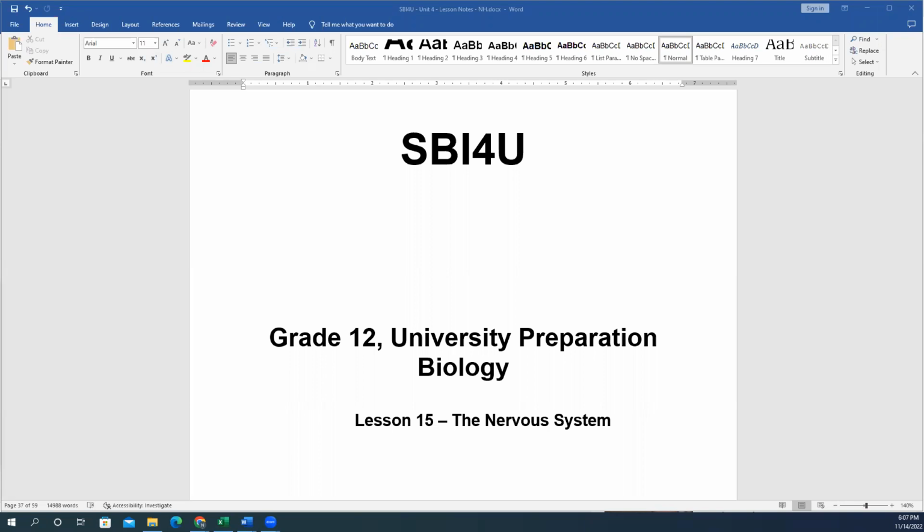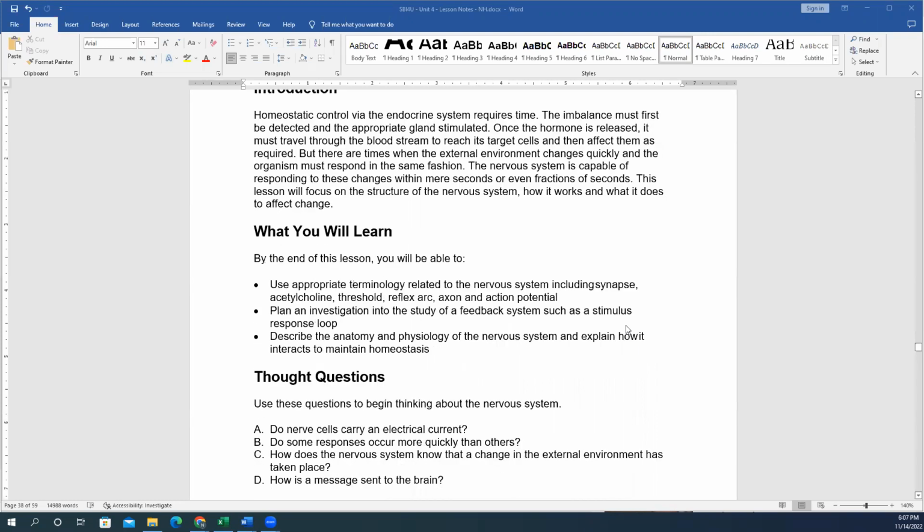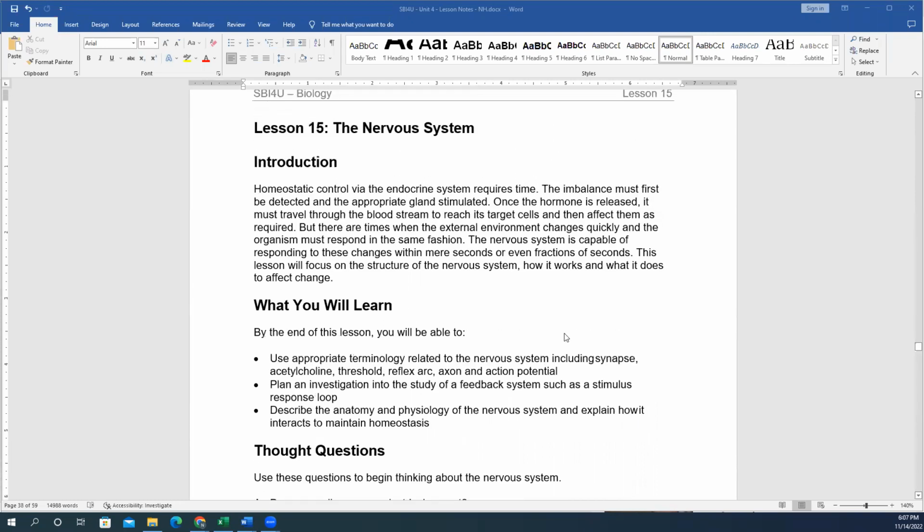All right, so we are continuing with our Unit 4, Lesson 15, which is on the nervous system. So last time we discussed homeostatic control. And we looked at how that worked by looking at the endocrine system. And really, we looked at how under that system,